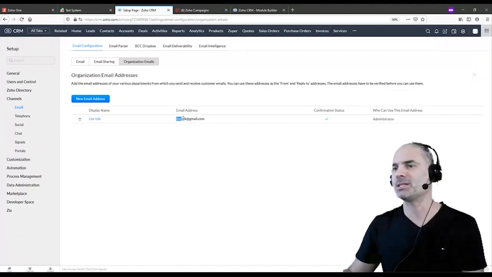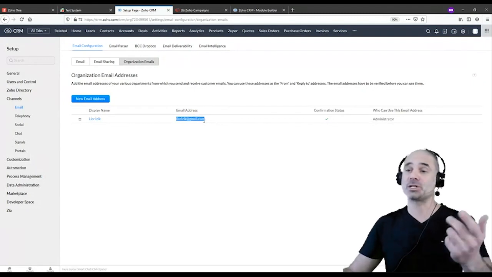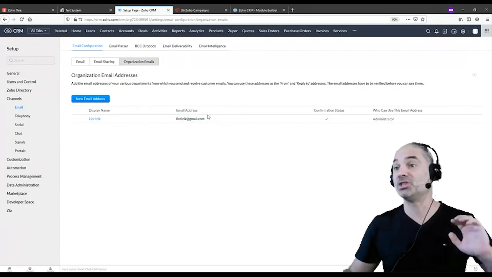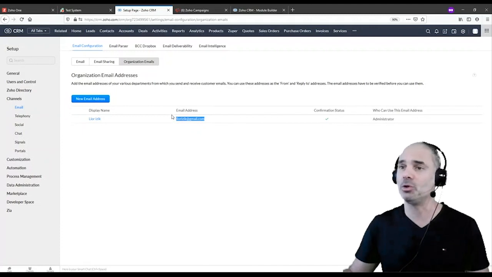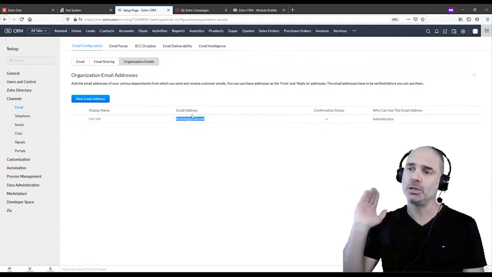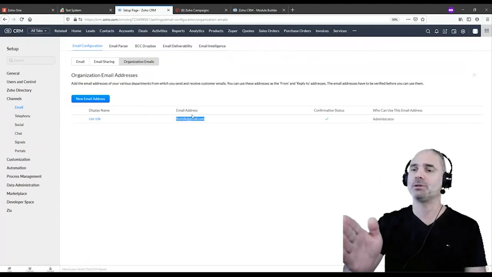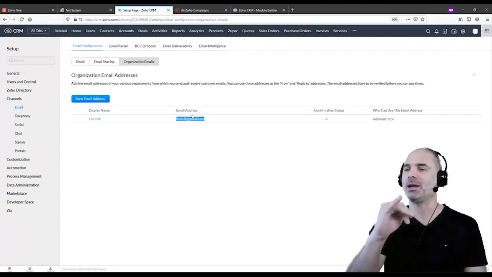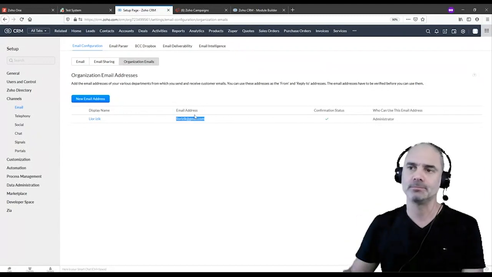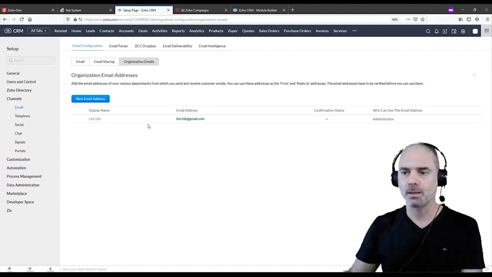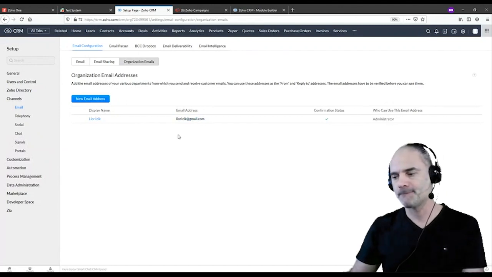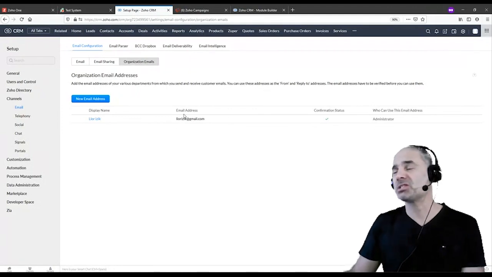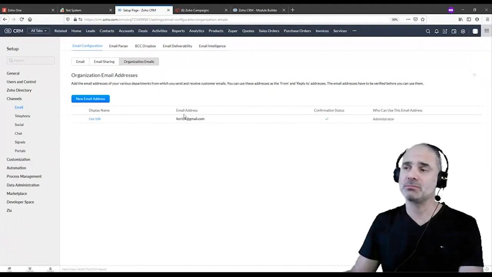But when someone sends me an email response, it will go to my Gmail account, which is not connected at all to my CRM. So only one way will go out and be registered in the CRM, and the incoming will not. Those organizational email addresses are not registered to anything incoming. They're just like aliases, another email that you want to use. That's it. Nothing too special.